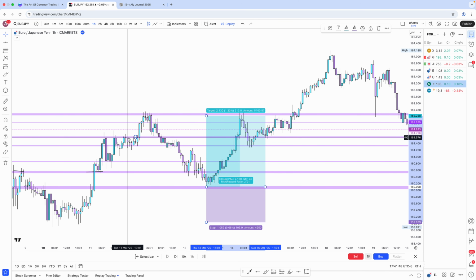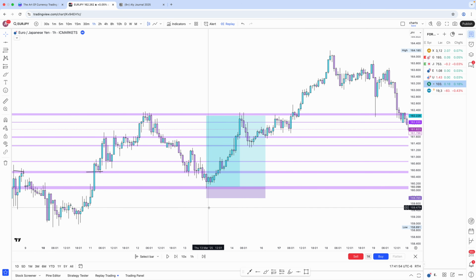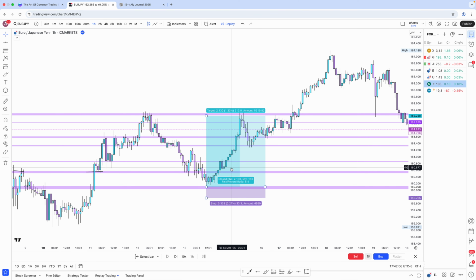So this ended up continuing, broke and test the next structure, and then literally all you're doing is looking left at the previous reactions. Now I know this looks easy, and it's because of the fact that we're back testing, right? And so the only difference when you're live, like when you're forward testing and you're live, is that this is taking hours. Like each candle is 1 hour. So that's the difference. You need discipline and patience. It's the same strategy trading live. It's emotional. So it's like, you know exactly where it's headed based off the left, but it just takes hours. Like this started Thursday at 12, and then basically it took till Friday. So that is the difference, is patience and discipline.